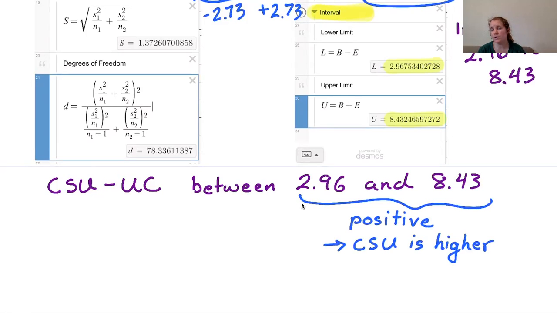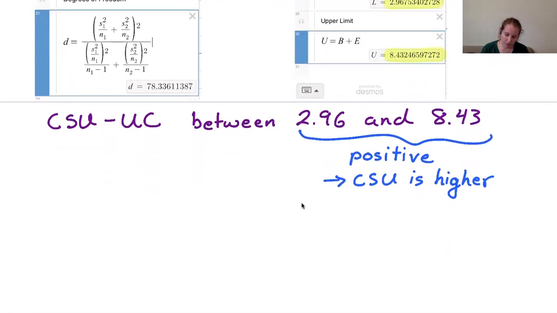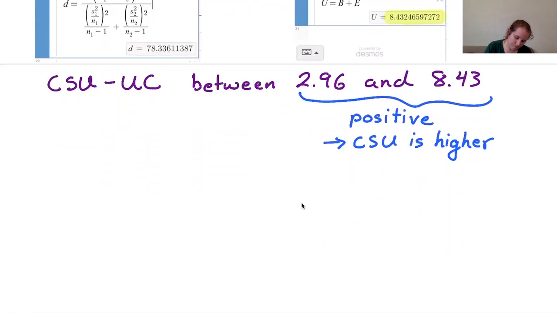And if it were both negative and positive, so if it were negative 2.96 to positive 8.43, then it's a little harder to interpret, because it could be that CSU is above or it could be UC is above, depending where the actual value falls. But for our final interpretation, writing our conclusion,